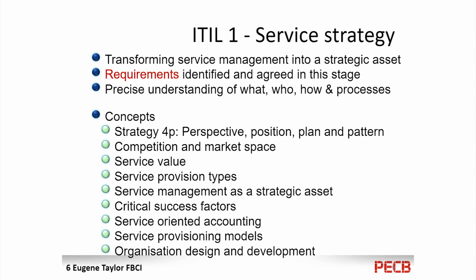So service value, the most important part of the service value side is the warranty. In other words, how the service is delivered and its fitness for use. Okay. And in terms of its availability, capacity, continuity, and security. So now we're starting to chuck in a whole bunch of other standards there as well once we go through